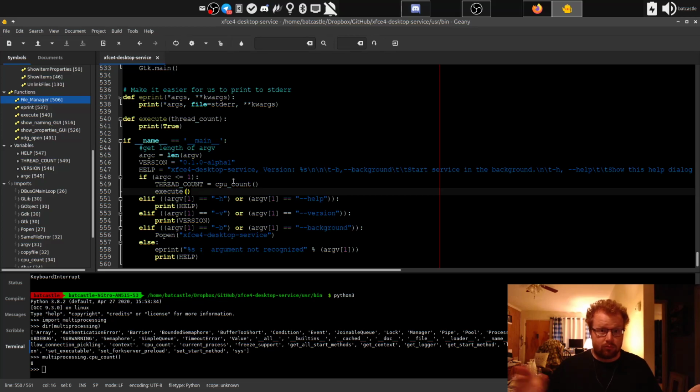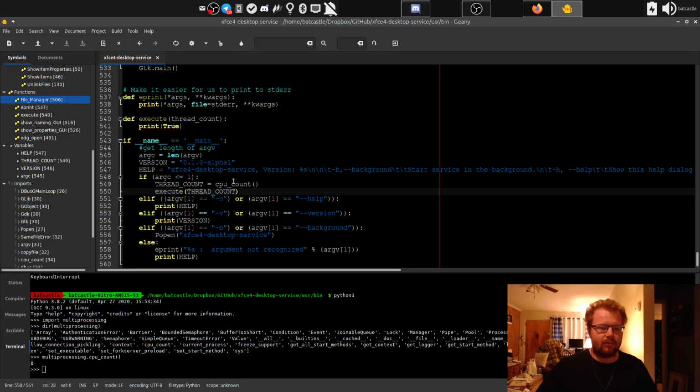So I'm trying to follow PEP 8 despite how much I hate it. One of the things they say in PEP 8 is if you're not inside of a function or a class, make your variables all caps. So I have to make my variables all caps. Yeah. Anyway,